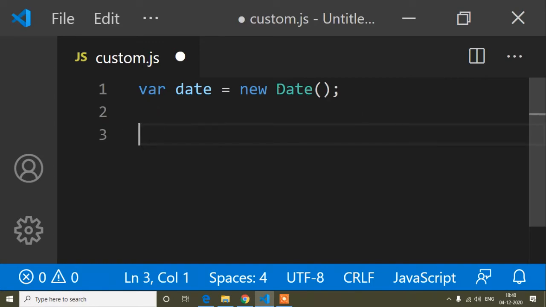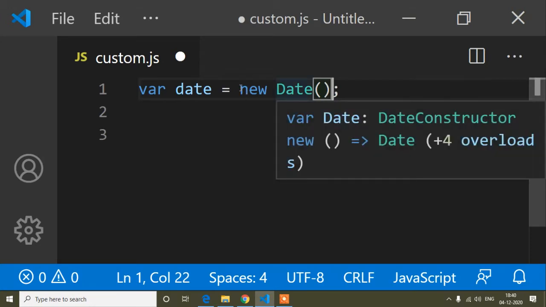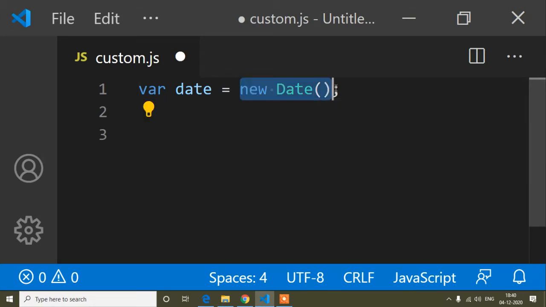Here you have to remember this method. When we want to get the current date, today's date is 4 December 2020. So if I want today's date, we use this predefined JavaScript method, and this is a very important method. Here you just have to remember this method, because I'm not using any logic, it's just a predefined method, so you have to remember it. I also remember this method.